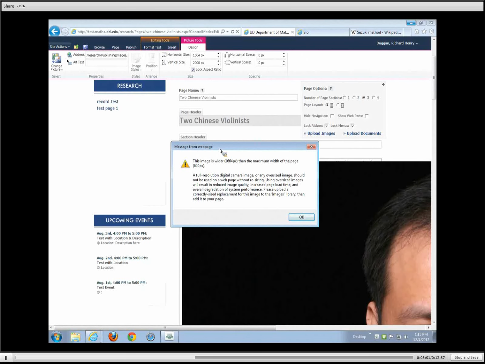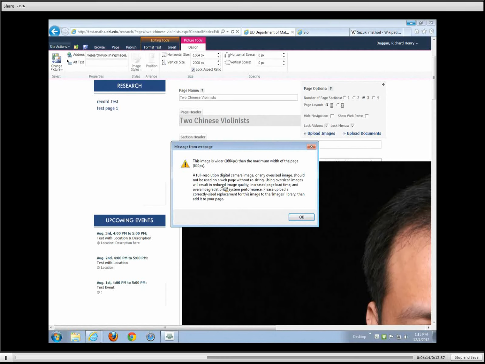We have a big bad warning, a we've gone over the top warning, and a slap on the wrist warning. This is the big bad one. It's telling you that this image is huge, and it lets you see how huge the image is. But as you'll see, if I say, well, I don't care, I want to use it, it's telling you that it's going to download this entire image every time. It's going to take time for the user, and it's going to be resized by the browser, and that's not